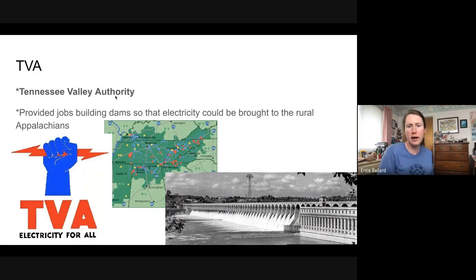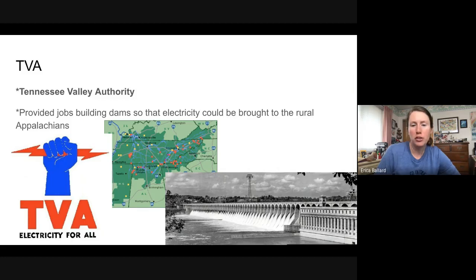this is the Tennessee Valley Authority. So if you've been to the Smoky Mountains before, that whole area around there was part of the Tennessee Valley Authority and the Appalachian mountain area. And they built all these dams in the Appalachians. And this gave people money because they were building dams, which made jobs. And also they